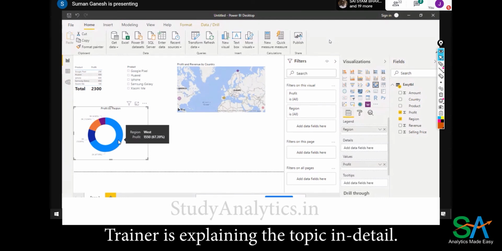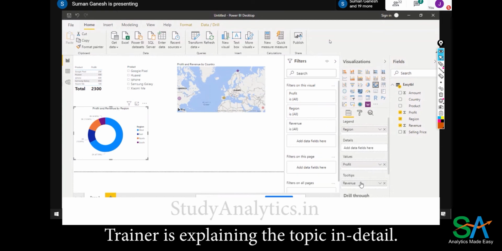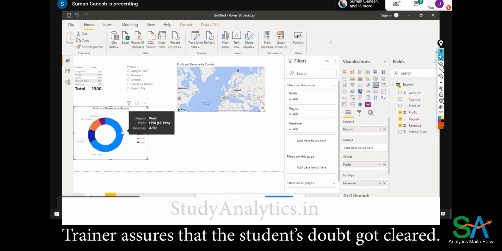Let's say that I have added profit and my region into this donut chart. But I'm very particular about the revenue also, but I don't want you to add it in the chart, but it should be shown in the chart. The value should be displayed. Then you can just go into the revenue and add it into the tooltip. What happens is when you just hover over it, you'll get the revenue as well. Okay.